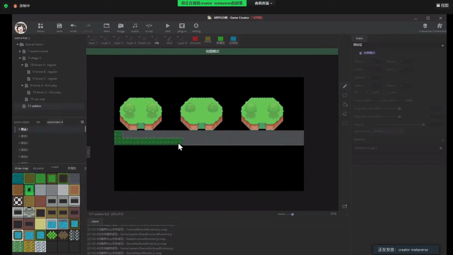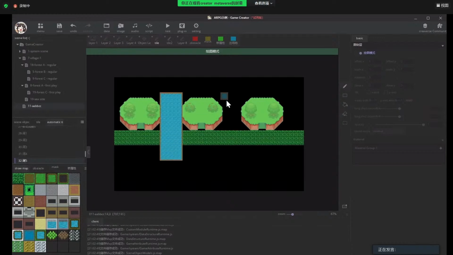If it's not beautiful, we can put grass here. Oops, that's too much. And grass. Put some lake in the middle. Maybe here. Another lake here.